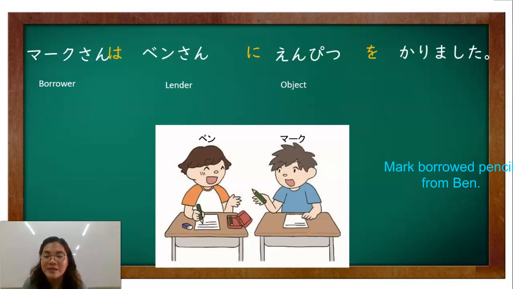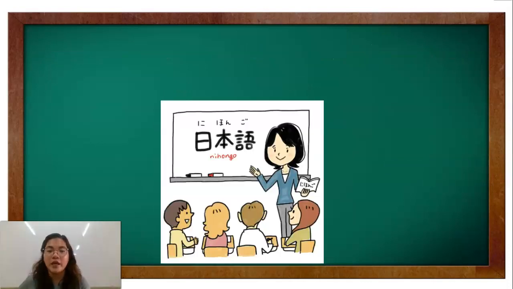Again, Mako-san wa Ben-san ni inpitsu o karimashita. Nakahiram si Mako ng lapis kay Ben. Okay? Or nanghiram si Mako ng lapis kay Ben. Okay? Yes? Okay, another example here, as you can see, this is always, everyday, that this would be